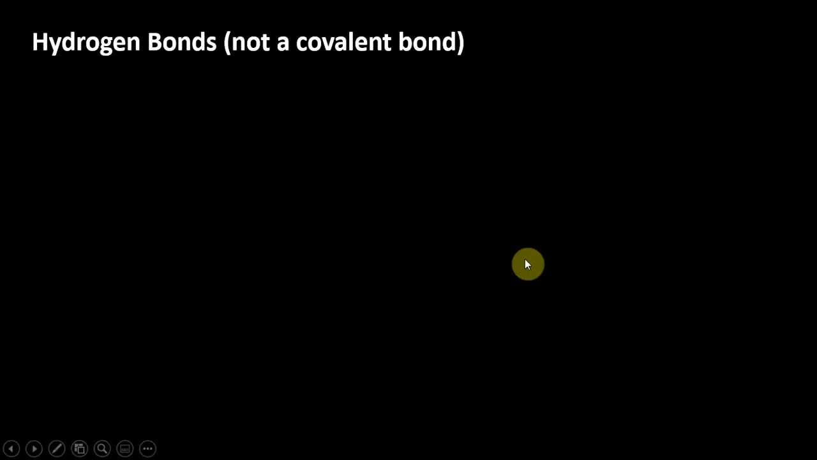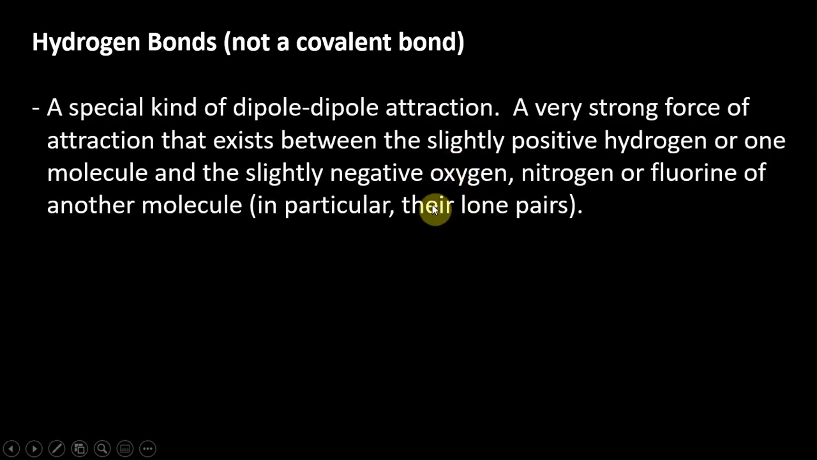Now we have polar molecules that have hydrogens and oxygens, or hydrogens and nitrogens, and those create what we call hydrogen bonds. And the hydrogen bond is so strong, it's almost a bond on its own. Now it's not as strong as a covalent bond, but it is still a fairly strong attraction. So it's a special kind of dipole-dipole attraction, a very strong force of attraction that exists between the slightly positive hydrogen